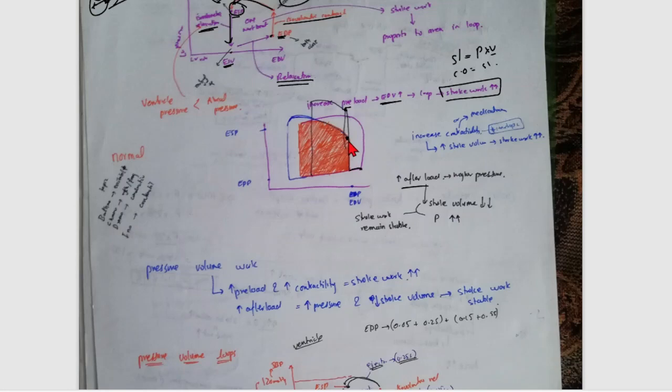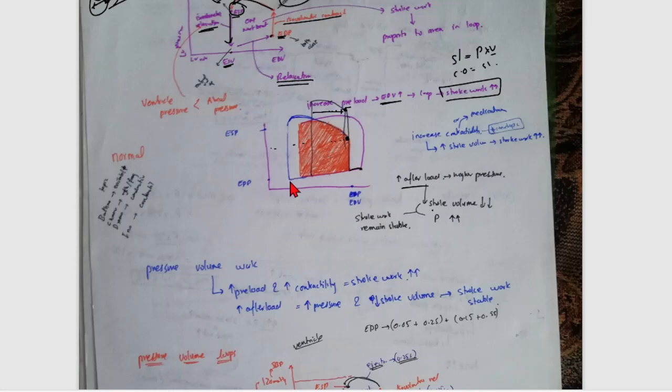Now at the end of isovolumetric contraction, the pressure at normal is this, but if the afterload is increased, the pressure is so much higher. After the isovolumetric contraction the pressure is much higher, but the stroke volume becomes less. Stroke volume, now you can see the area, the volume, this is the stroke volume, the distance